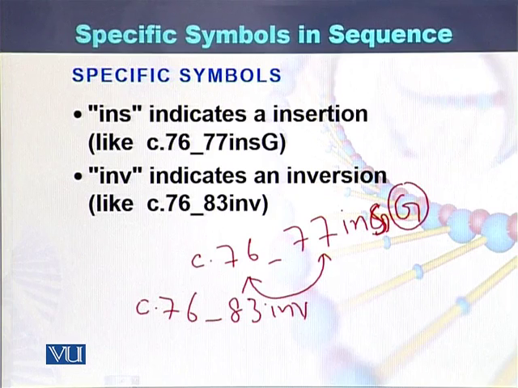So those nucleotides which are present between 76 and 83 have been inverted. If they are in one orientation, they got the other orientation. So if there is a change in the orientation, it is written as inversion, and inversion is written by writing